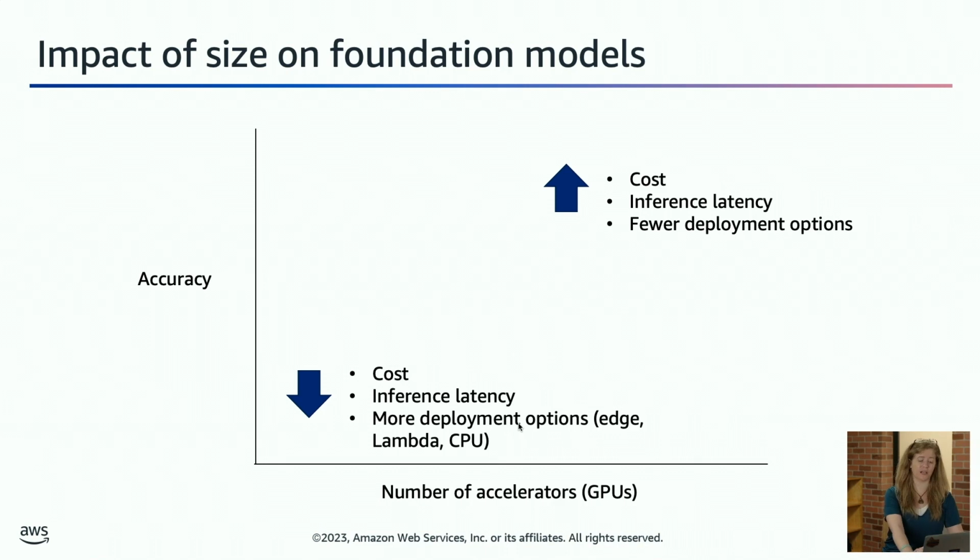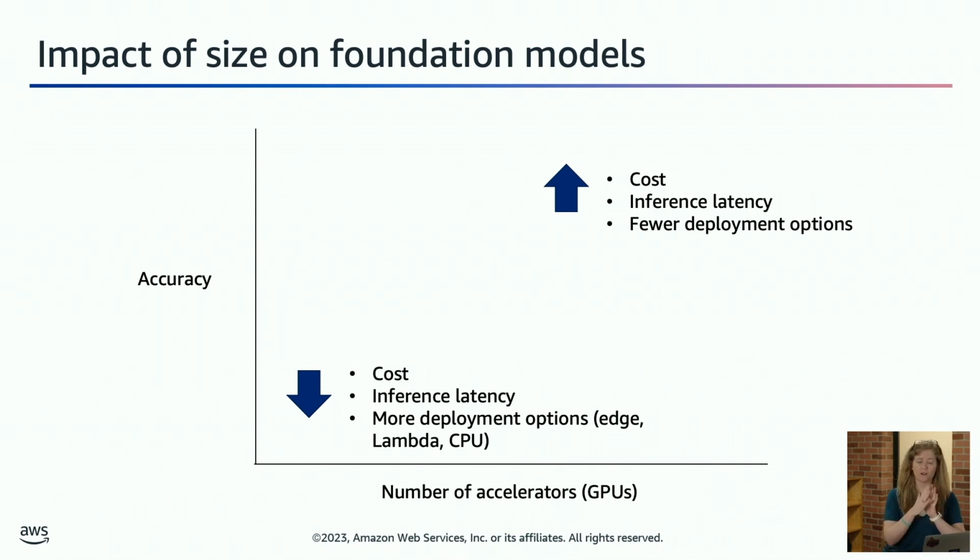And then on the flip side, when you're looking at smaller models, you get more deployment options, right? Because when your model fits on only a single GPU, then you can actually plug it into devices that already have a GPU. So I can run it on my laptop. Maybe I can run some super small ones on my phone. There are other, disconnected edge devices where I can take my model and park it.